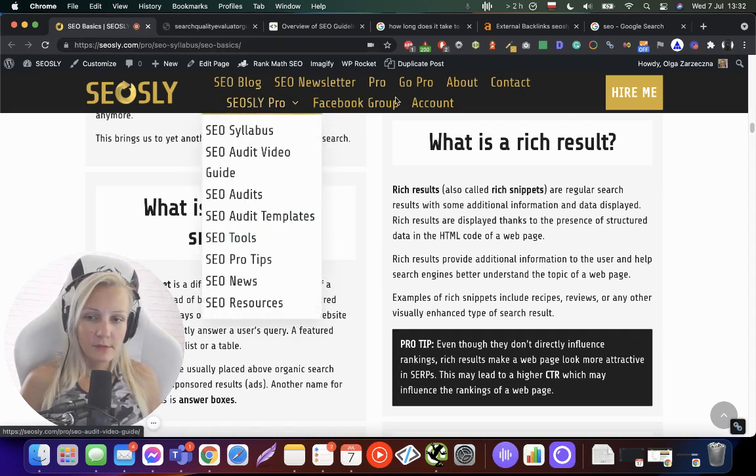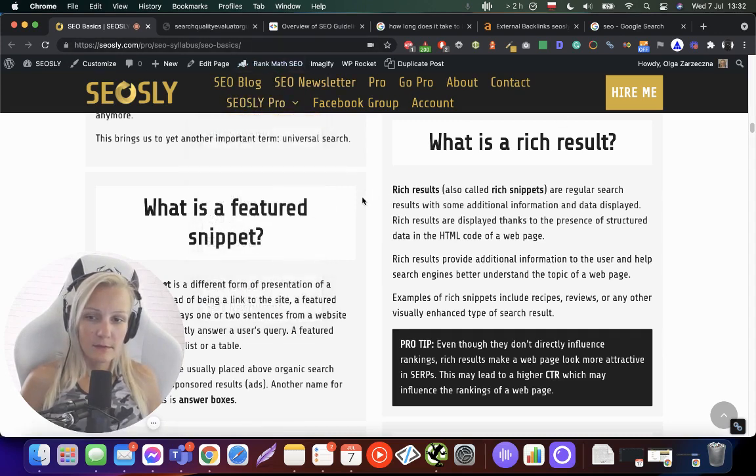And rich results have been marked with a schema so that they have those wheels and